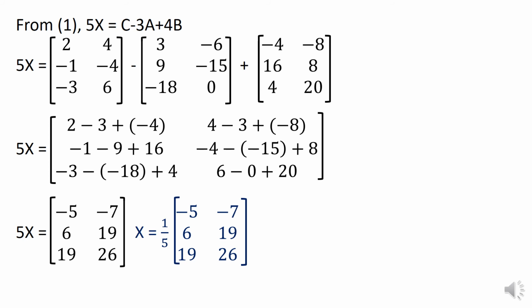Now x is equal to, 5 goes to the RHS. Thus we get x is equal to 1 upon 5 into the answer matrix. Now we can either multiply all the elements of the answer matrix with 1 upon 5 and write a further step in the answer, or we can keep the answer as it is, like it has been done over here. Both of them carry equal marks actually.